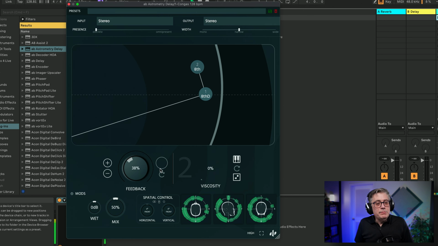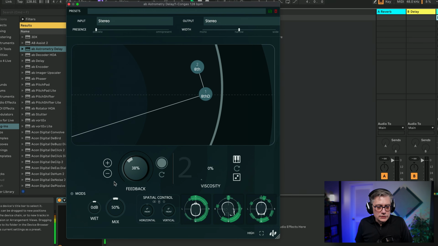And then I have this big button here, which is the dynamic constellation button. And what that does, it gives it a little bit of a movement. And it's a little bit difficult to hear, but we're actually going to do a little bit of a visual experimentation a little bit later where we're actually going to see how that works. But it is essentially moving the sound spots around a little.